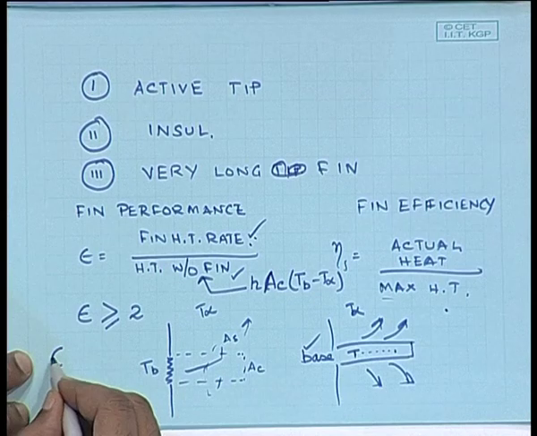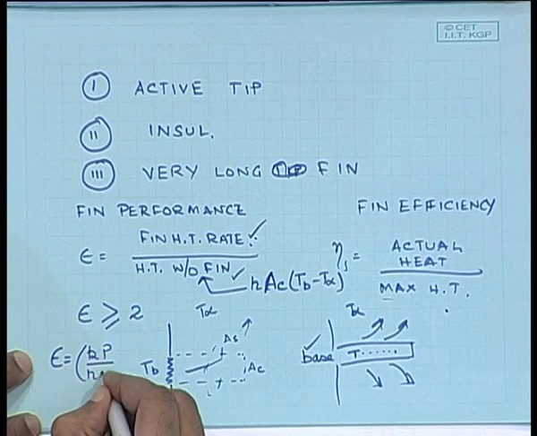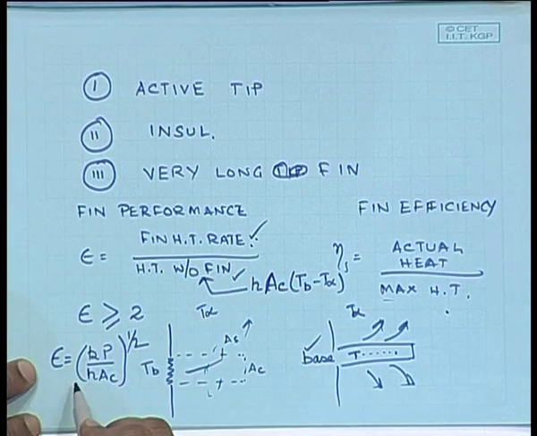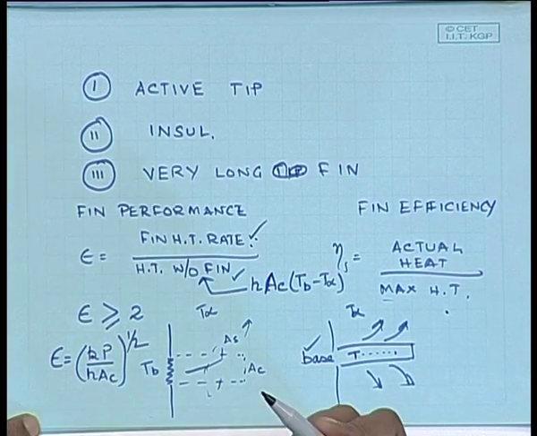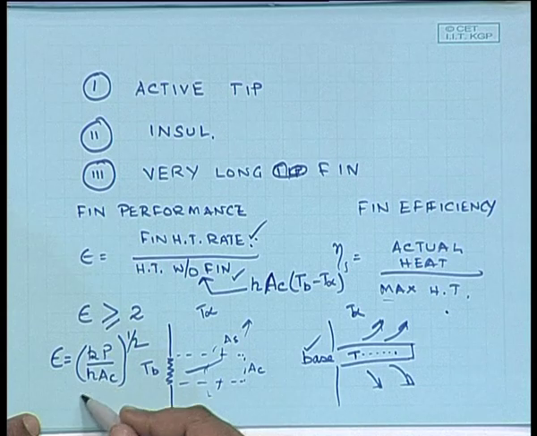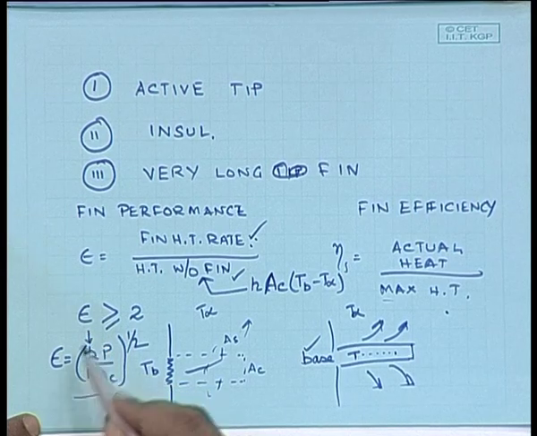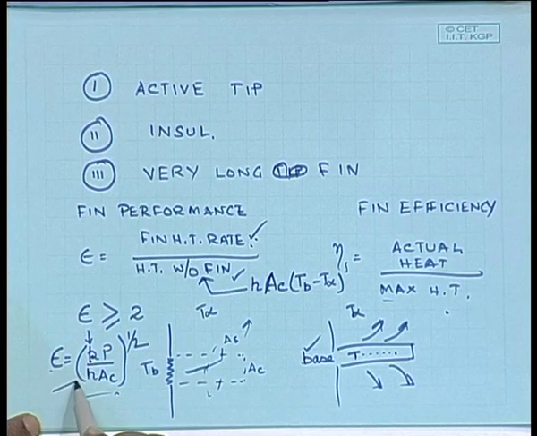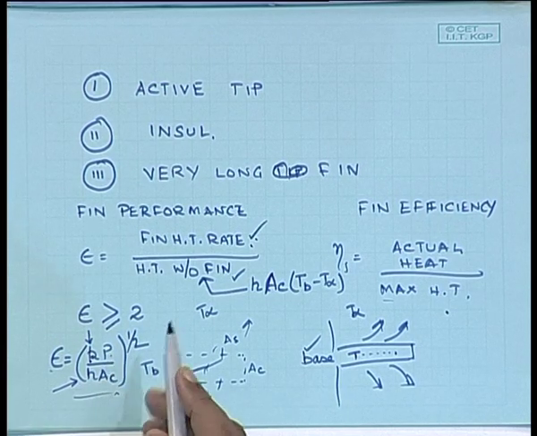One possible case for which the equation has been solved, epsilon is the square root of kP by hA_c. You can see in your text that for one specific condition, epsilon is this. Let us reiterate what I have said before, looking at it mathematically, and that will be the end of the class. I want my epsilon to be very high for my fin material. Fin material should be of high thermal conductivity. Fins are prescribed for the case of low h, and A_c by P should be low. That means thin fins are preferred.